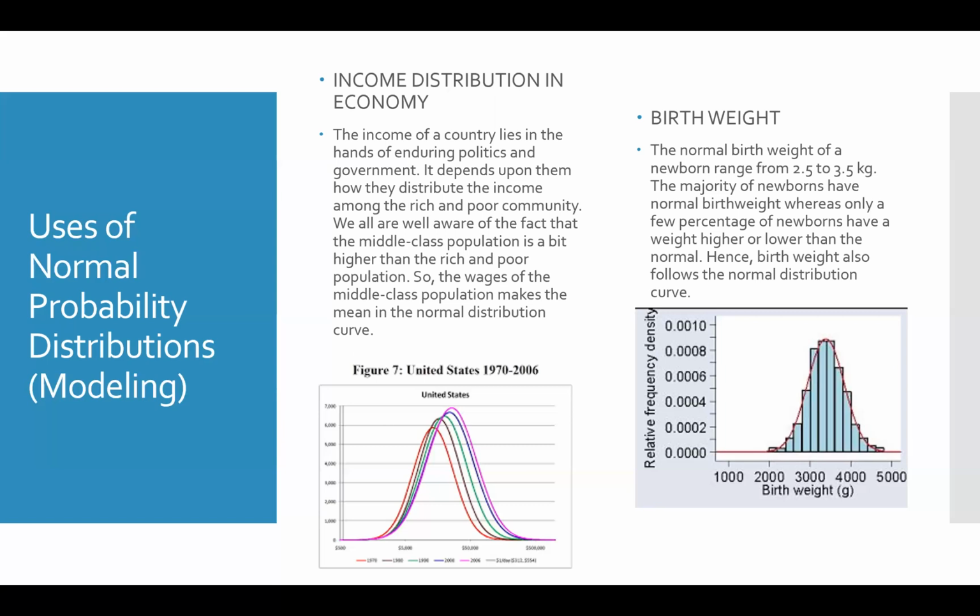Our neighbor that lived behind us at the time gave birth a week later, and her daughter weighed 10 pounds. So again, a lot of them are going to fall into what is considered a normal weight. And then occasionally you get some that are premature and are very, very small, or those that are born significantly larger.